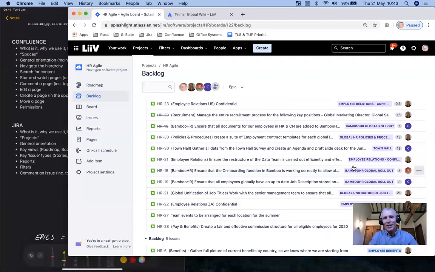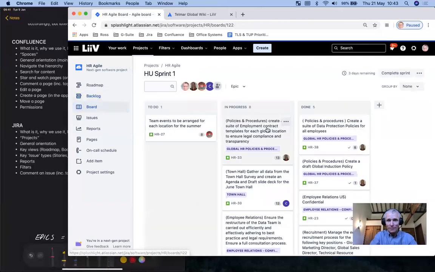In fact, it's quite interesting for me to look at the HR board because I'm not involved in this project. So it's a useful test to see whether Jira is helpful for me to be able to get a sense of what's going on. So here's the backlog. I could look at the board. And again, I can see Victoria's working with entire stories. It doesn't look like she's breaking down into subtasks. So you don't have those swim lanes view.